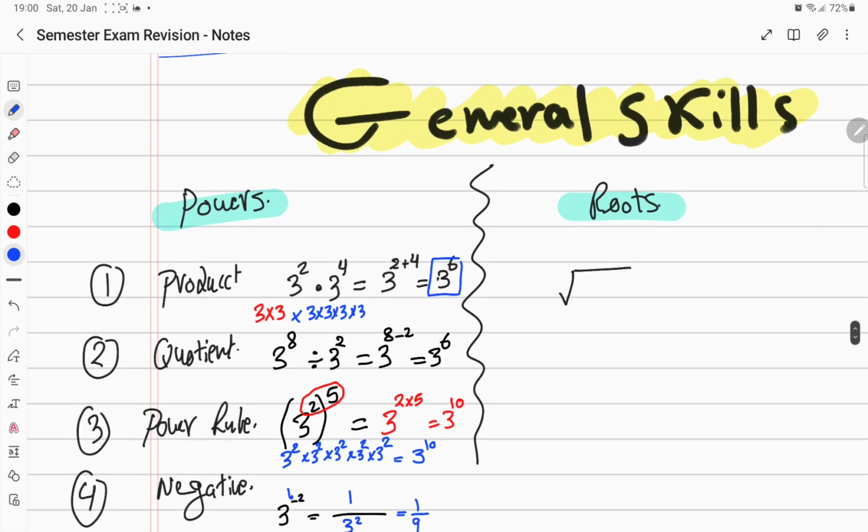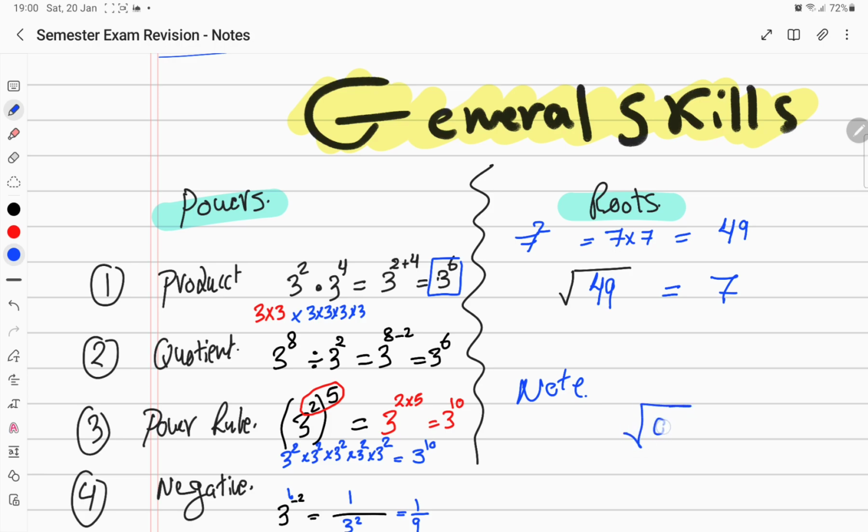What about the roots? In the roots, if you have, for example, 49, we all know that 7 times 7 is 49. So 7 power 2 is 49. So if you want to get this 7 from the 49, how? Square root 49 is 7. Why? Because 7 times 7 is 49. But note,